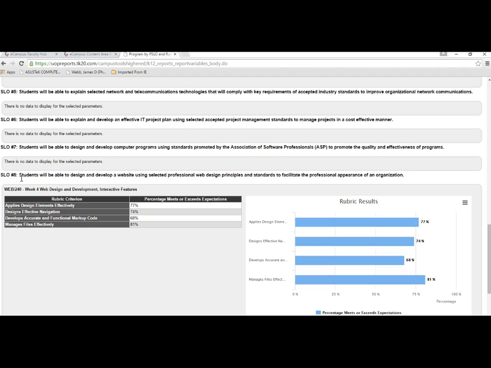This signature assignment came from the Web 240 course, and it was the week 4 assignment. Week 4, web design and development, interactive features. So for those who are teaching these courses, if you were teaching one of these courses in which we collected data, you should recall that particular assignment in which we informed you that you were not allowed to change that rubric, and that we were going to collect data from that. Now, on the national average, we'll see